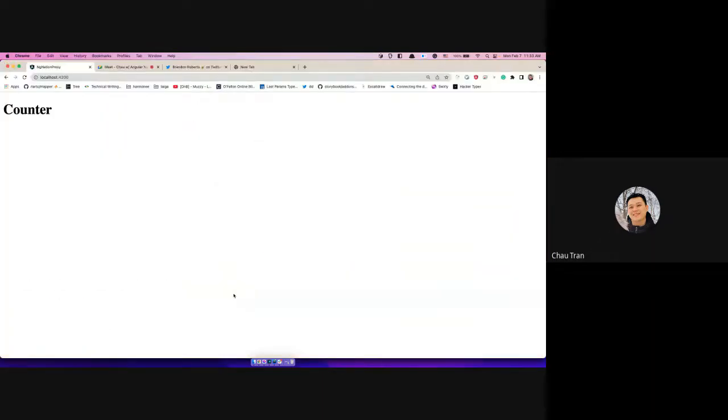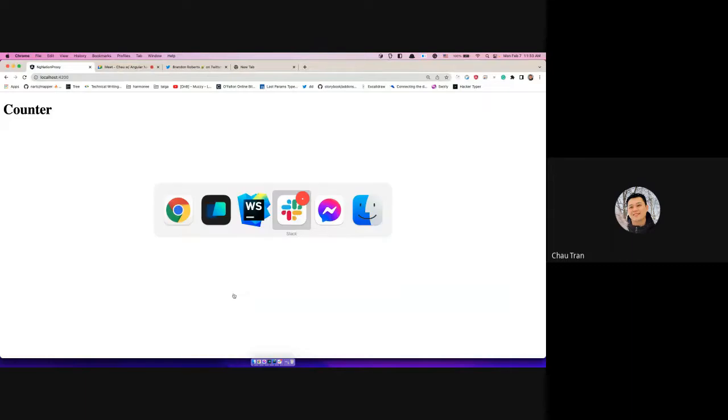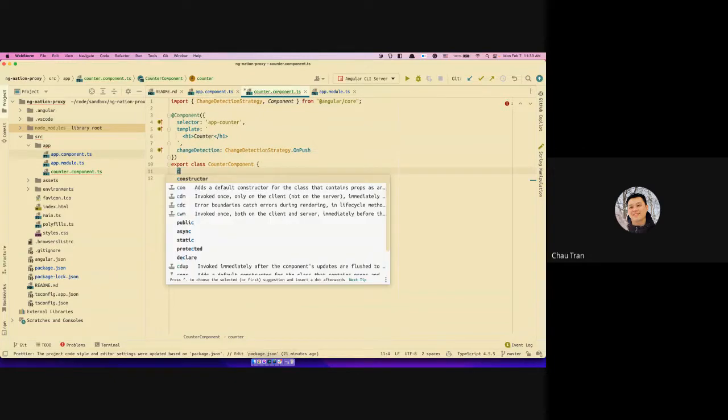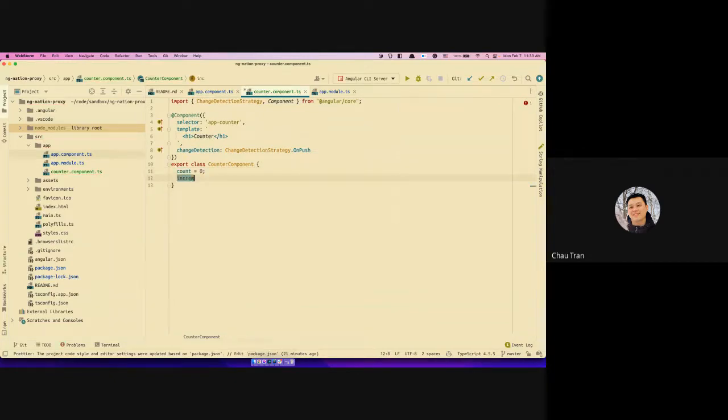Let's see. Now I have the counter. For this counter, I'm going to show the normal way, like people that just get started with Angular and with very little or no knowledge of RxJS. I have the count of 0. I want to keep track of the increment count, so how many times I click on the increment button, and I want to have the decrement count of 0